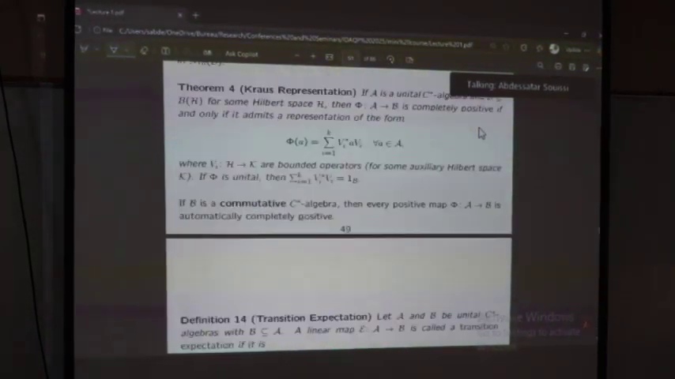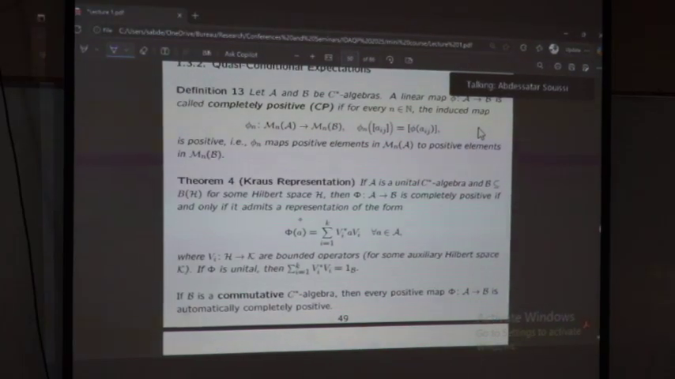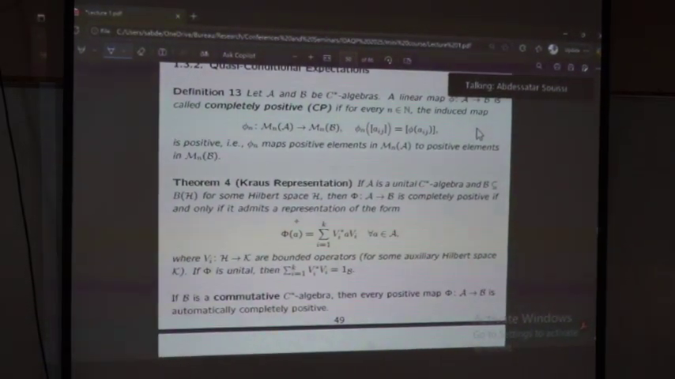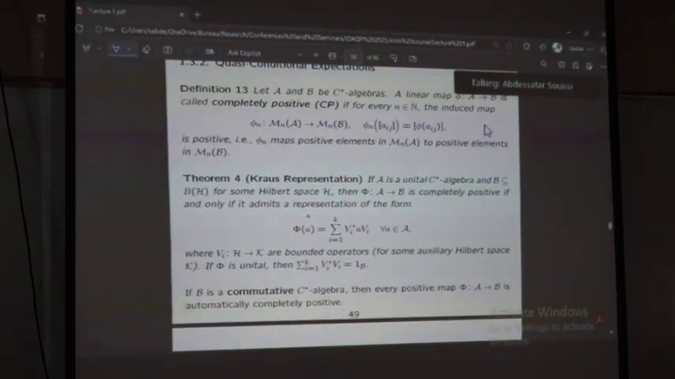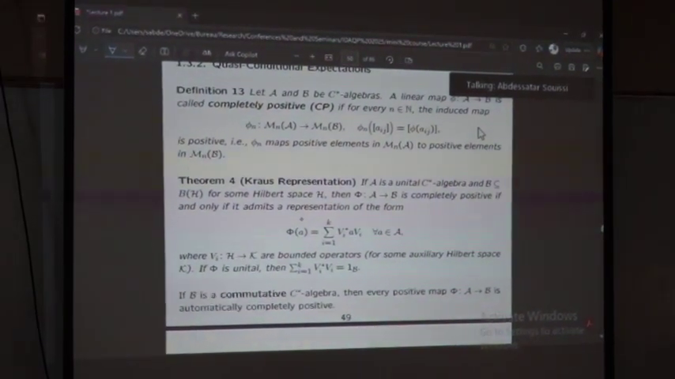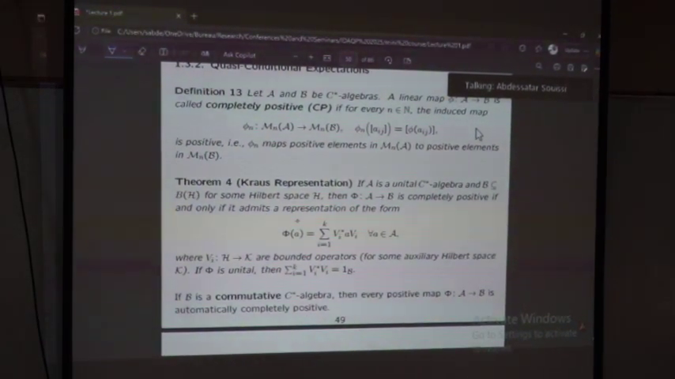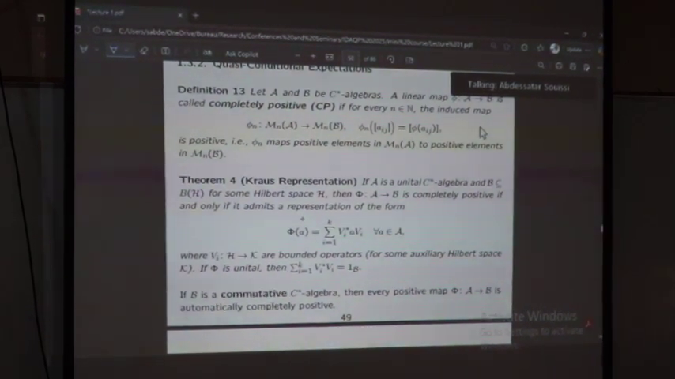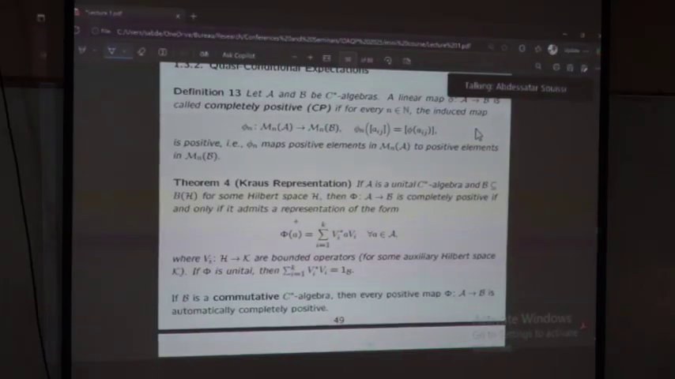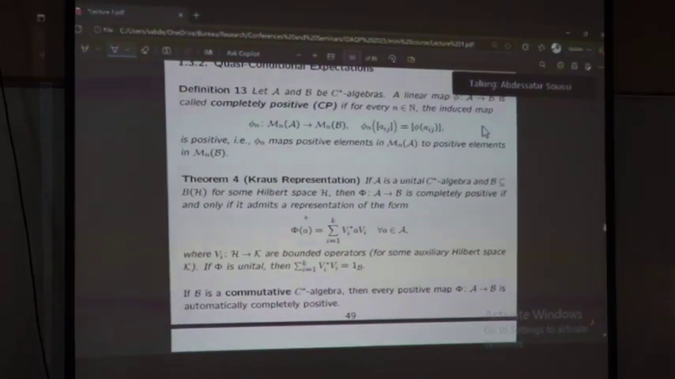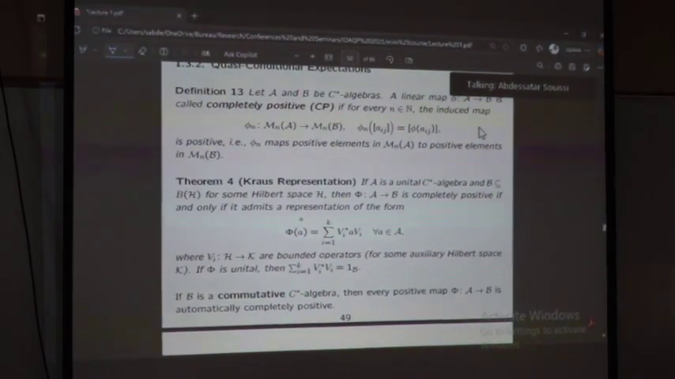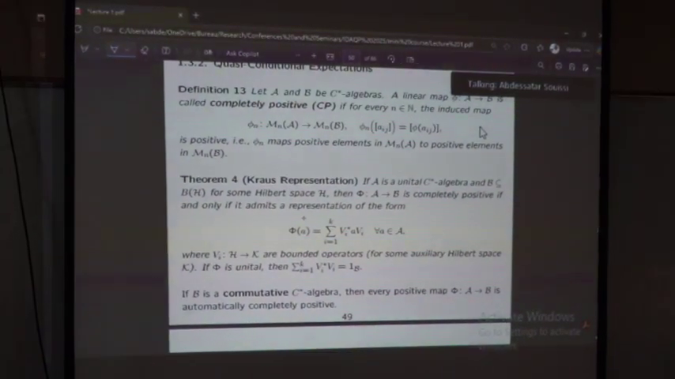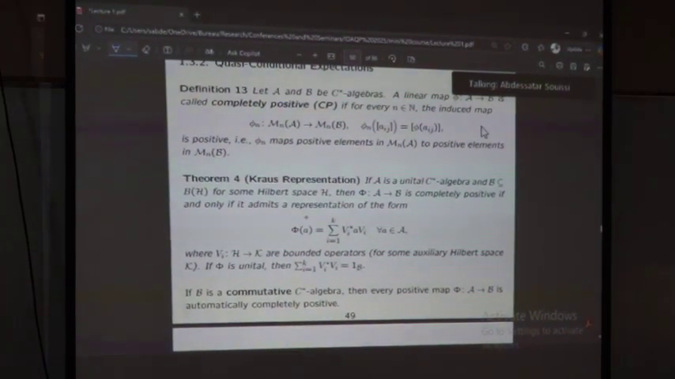Before that, we need to define what a completely positive map is, which is a map from the algebra A into B for which these maps are positive for every n. The matrices, positive matrices, defined over M_n of A are positive for every n. And there is another simple characterization of positive maps that states that